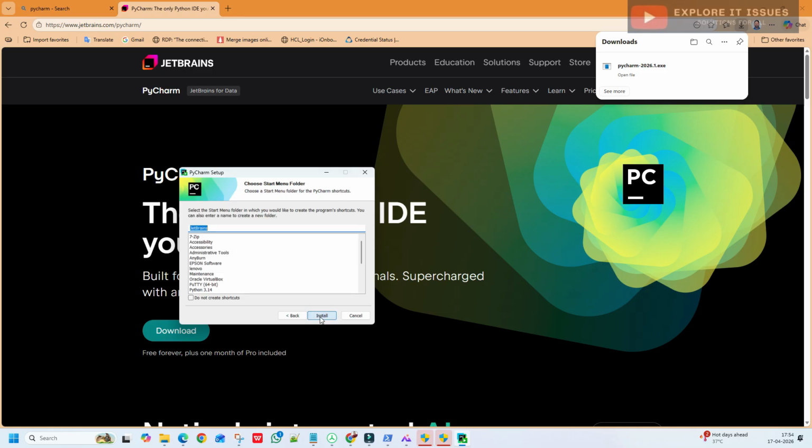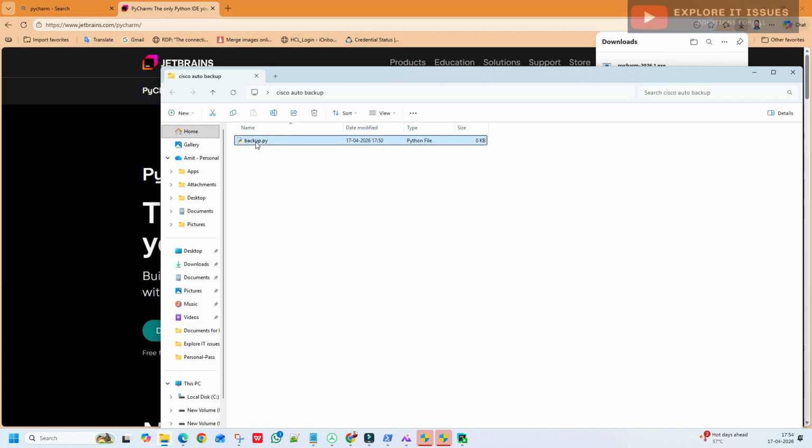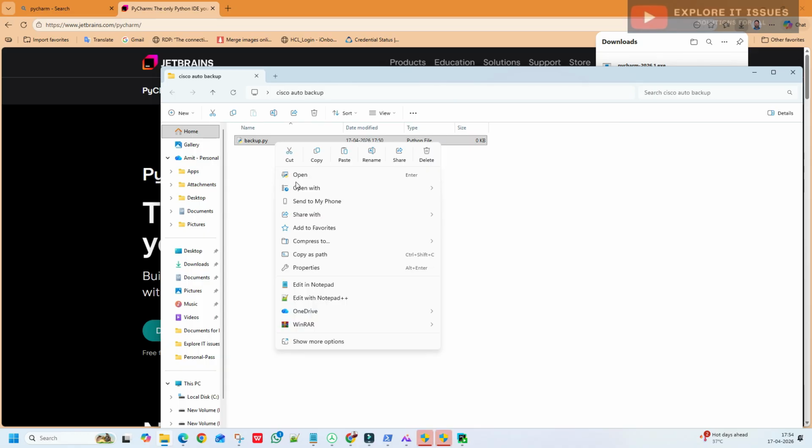Let's see, we can restart our PC, then we will continue. Why do we need this? Because we have created a file in the folder, backup.py, and this file does not open directly. If you go to edit, you can open it with Notepad or you can use PyCharm for editing the script.